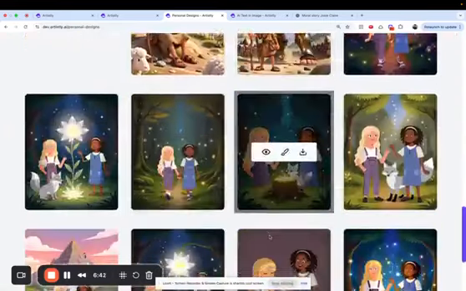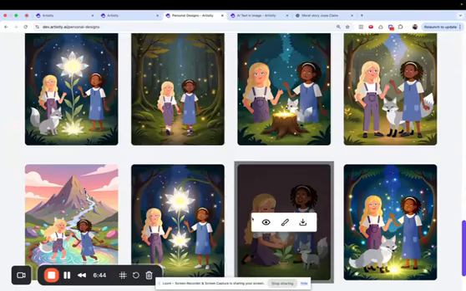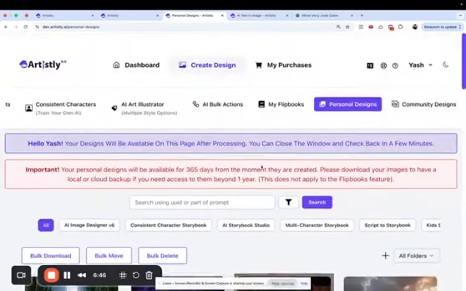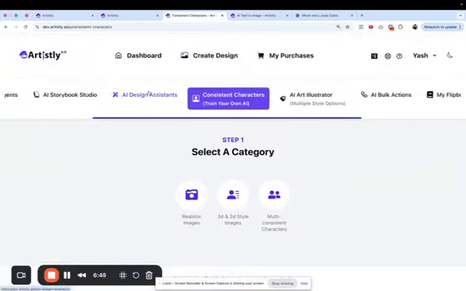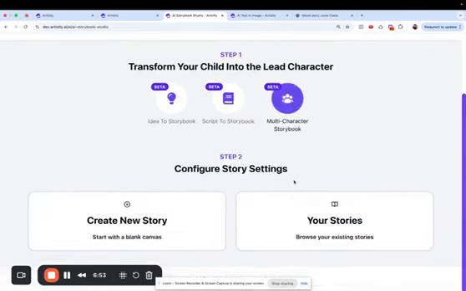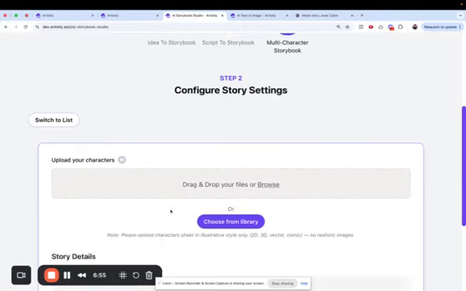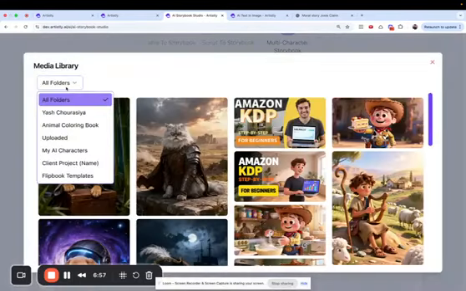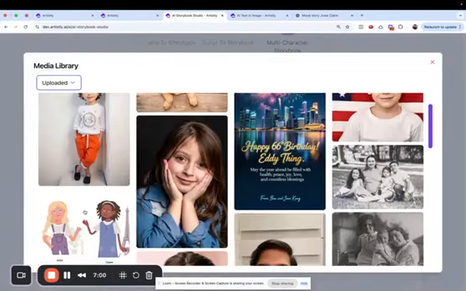Just like these. Look at that. How powerful it is, right? So let me repeat that process, okay? What you have to do is go to Storybook Studio, multi-character storybook, new story, and your character sheet is going to come up,